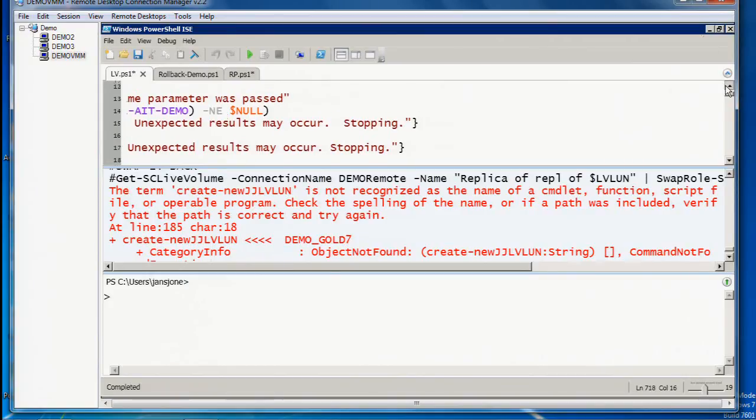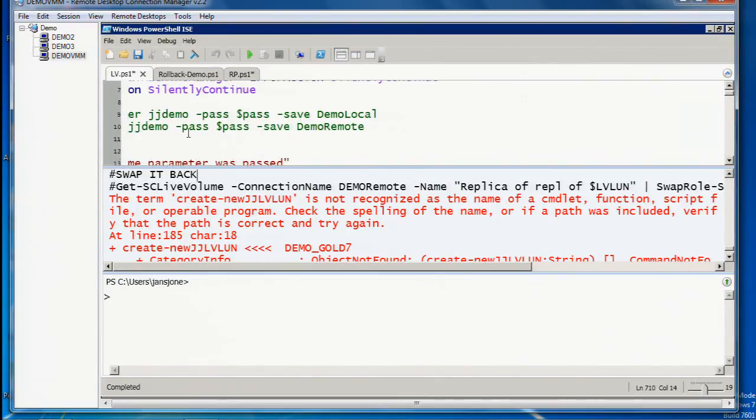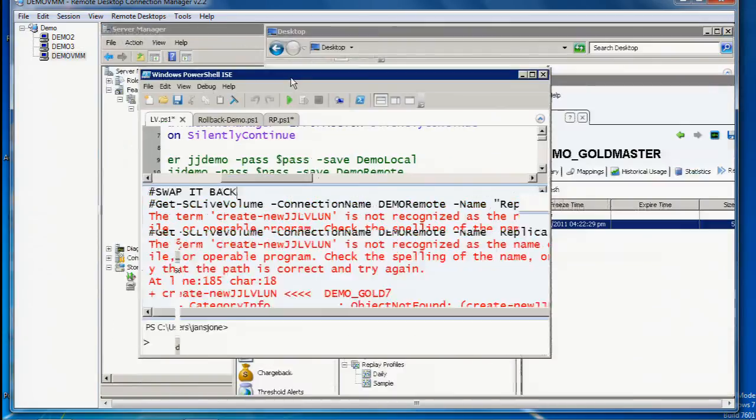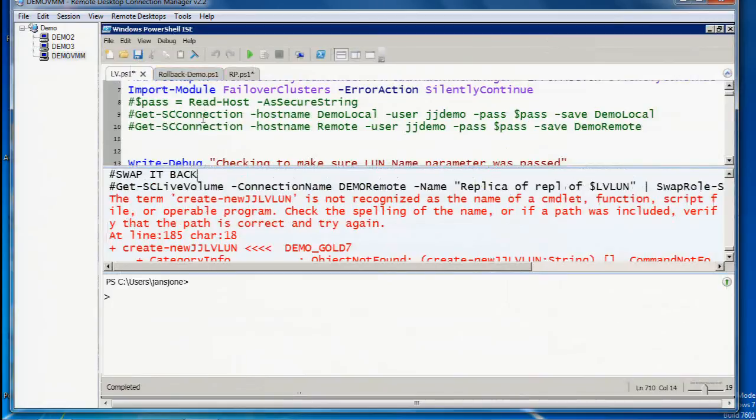Yeah, I'm fighting this resolution here. Unfortunately, this is the optimal resolution for presenting, but it's not the optimal resolution for looking at a script. So for whatever reason, it's not letting me scroll. Let's see if I... Hey, if I don't maximize, I can scroll. Let's try this one